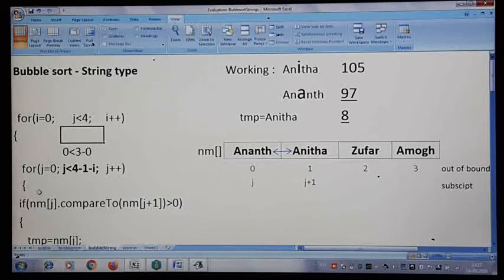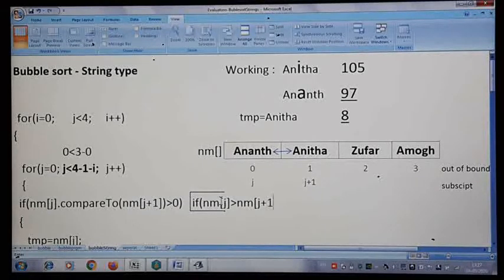And students, I told you that since we are sorting on string type, I cannot write my if condition to check the adjacent value something like this. Suppose if it is id, we write id of j greater than id of j plus 1. But if I am checking with strings, I cannot write if nm of j greater than nm of j plus 1.